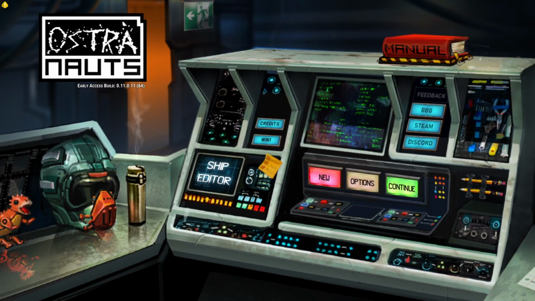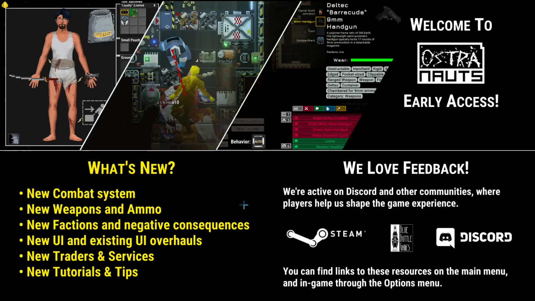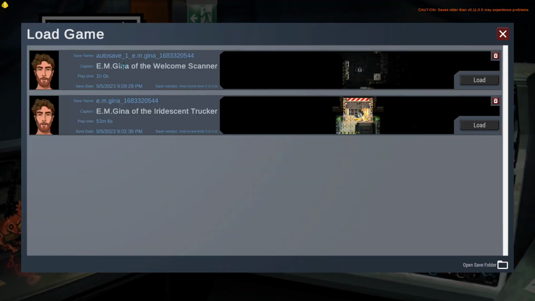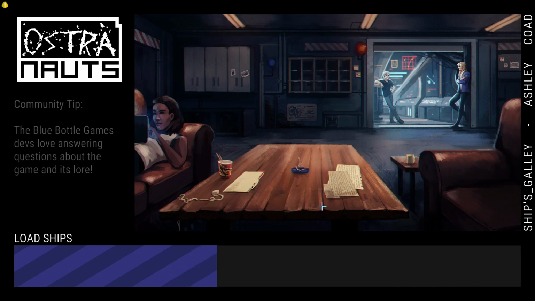I'm going to continue on this Ostranauts run from where the last save was. I'm actually going to rewind a little bit, so we can just click continue. We got this autosave. I'm going to resume from the save I did before I went on the ship, just because I feel like it'd be a cleaner play. I did play a bit outside of the recording just to see if I could get stuff to work and be operational and stuff, but